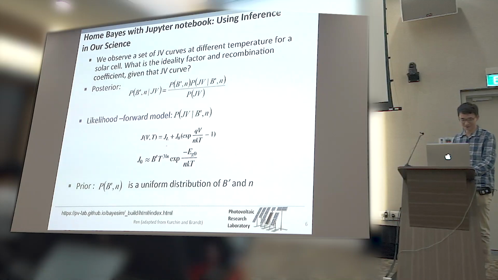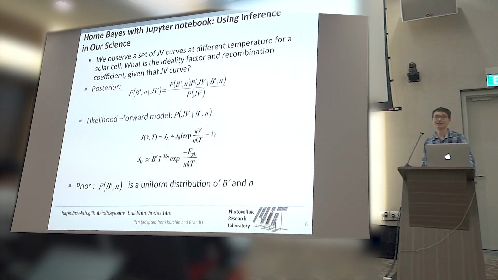But yeah, this is just a very simple example of Bayesian inference, and we can do our hands-on with a Jupyter Notebook example. In this case, I will walk you through using Bayesian inference to extract certain parameters for solar cells. So let's say we observe a set of JV curves at different temperatures for a solar cell. So what is the ideality factor and the recombination coefficient